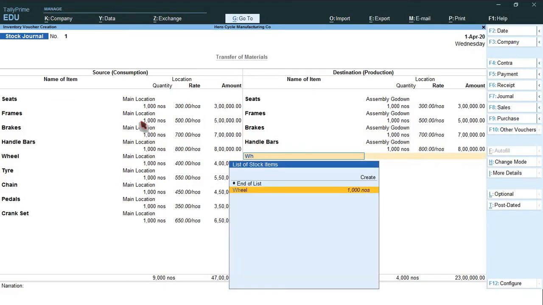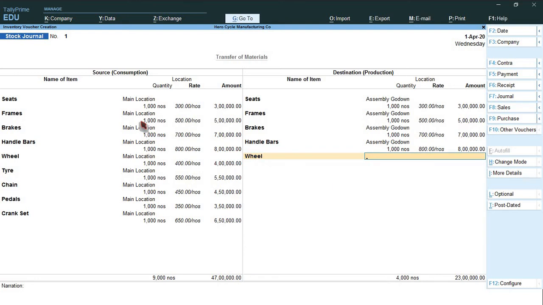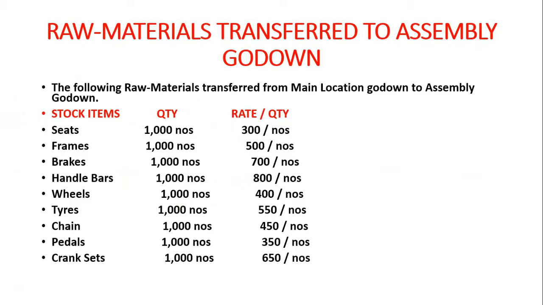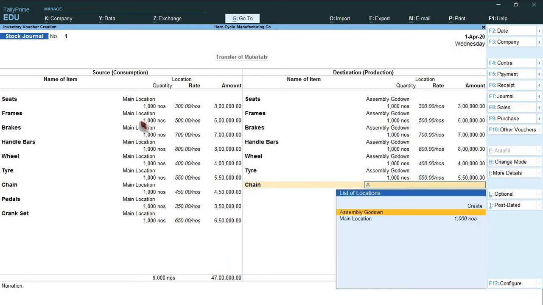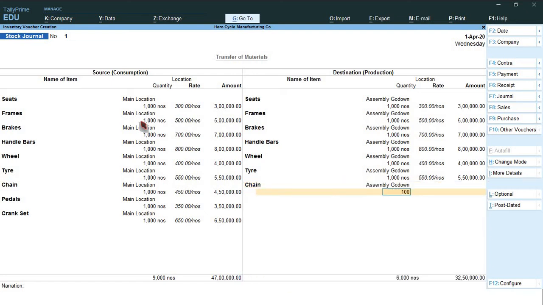Wheel. Assembly Godown 1000. Tire. Assembly Godown 1000. Chain. Assembly Godown 1000. Pedals.